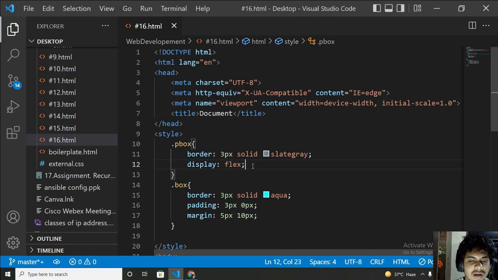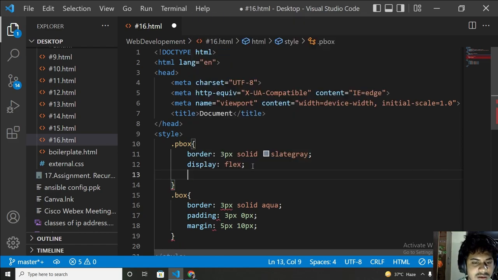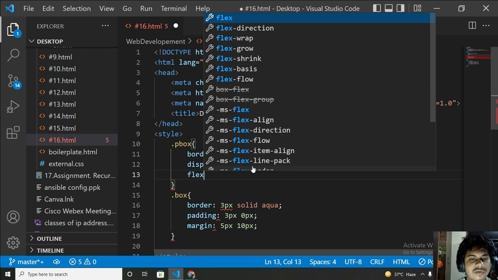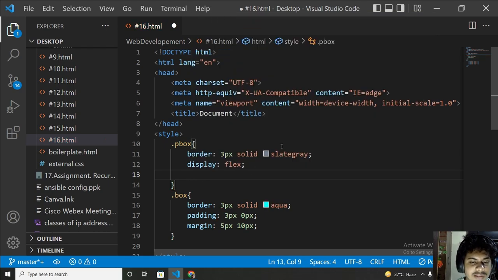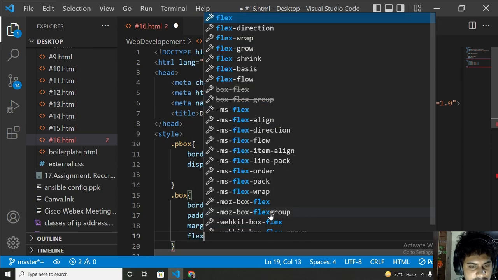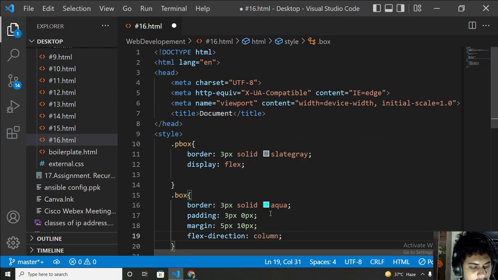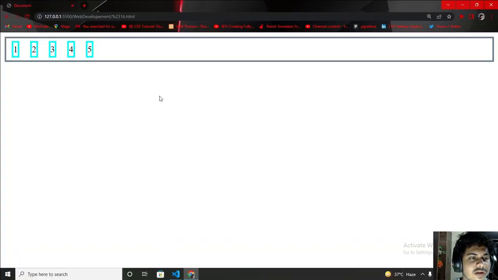This is a really great feature. Now flex direction. If I do flex direction column, I can also make it vertical. If I refresh again,